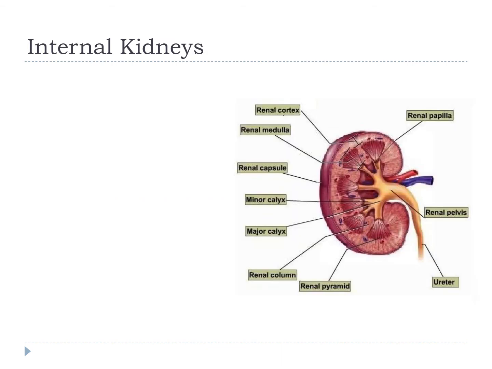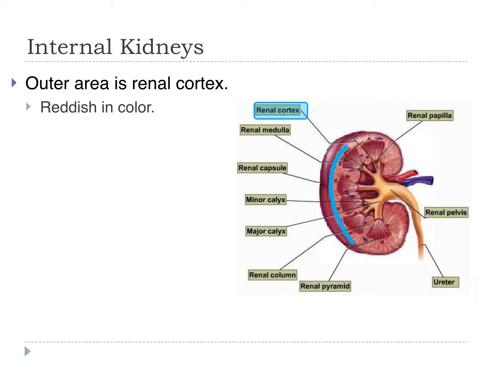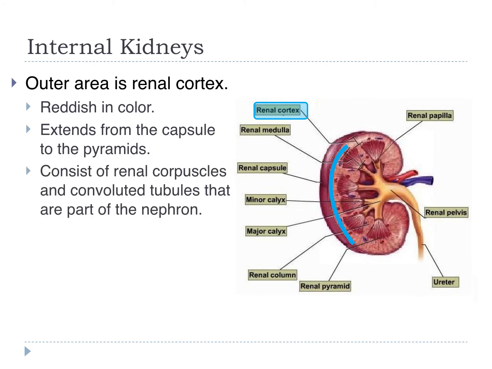Internal to the kidneys, as you can see, there's a lot going on. We're going to talk about the most important pieces for now, the layers. The outermost layer is known as the renal cortex. The renal cortex, if we looked at dissection, would be reddish in color. It extends from the capsule to the pyramids, and it consists of renal corpuscles and convoluted tubules that are part